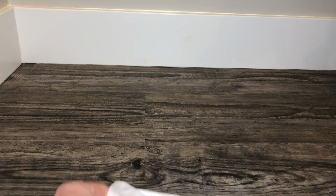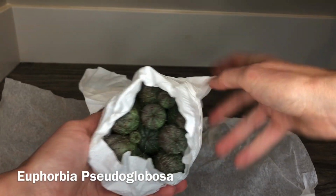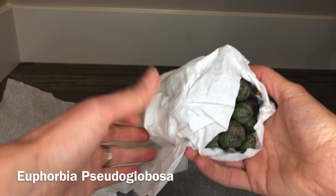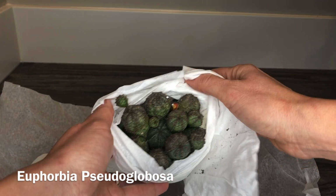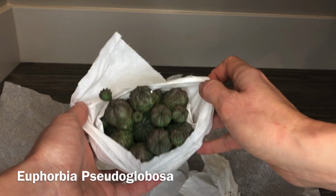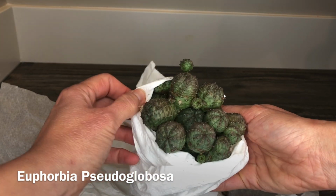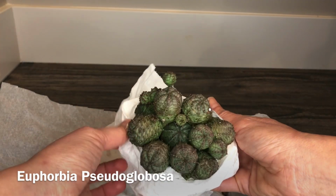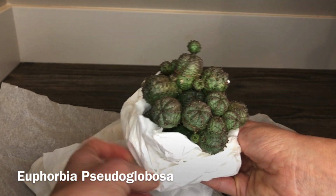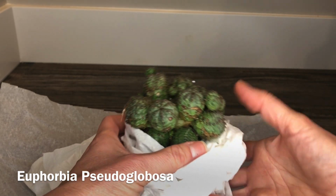All right, so let's start with the first one. So this is, guys, Euphorbia. It was sold as, one of the pups fell off, but that's okay. It was sold as Pseudoglobosa. Kind of reminds me a little bit of Euphorbia obesa. There is that sac where one of the pieces broke, so I'm gonna have to